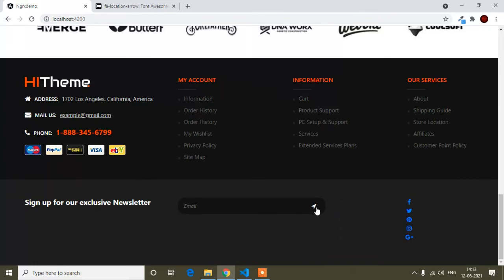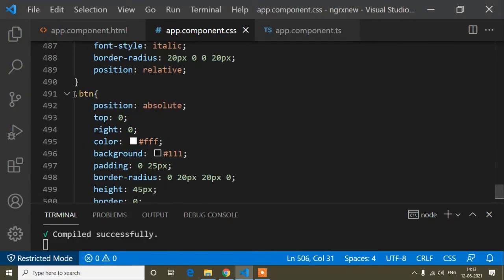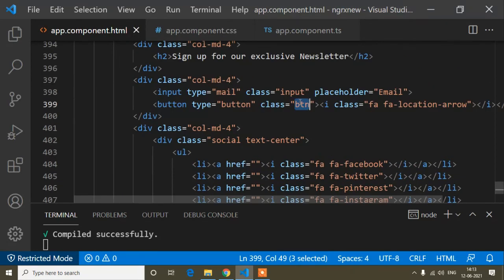And now I will add the design for this eye tag, this one. When I hover on this eye tag, that time I will change the icon color. So here, just this button class, because this is the parent, you can see this is the button, and after that this one, the eye class.